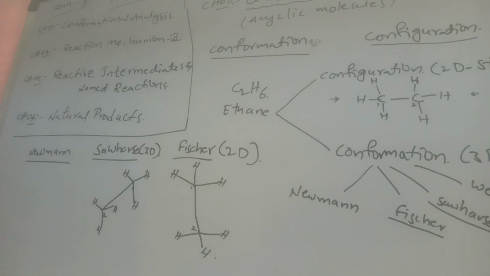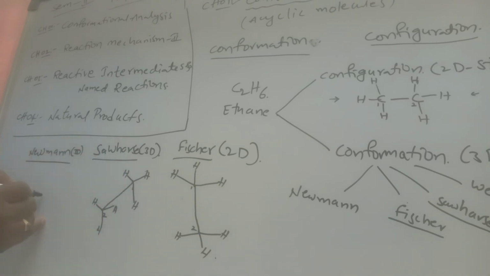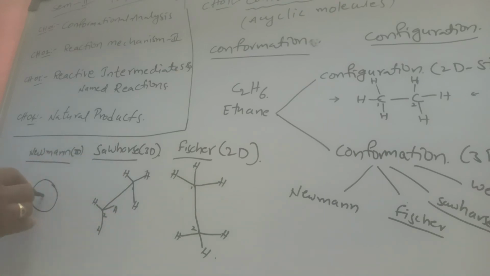So how can we write that Newman projection? It is also a 3-dimensional structure. So here the first carbon we can put as a dot. The second carbon is an invisible carbon, and it can be written as a circle. The first carbon is visible, that is our side. The second carbon is the back side of the first carbon, so we can write it as a circle.